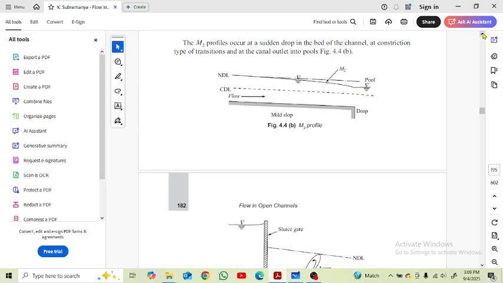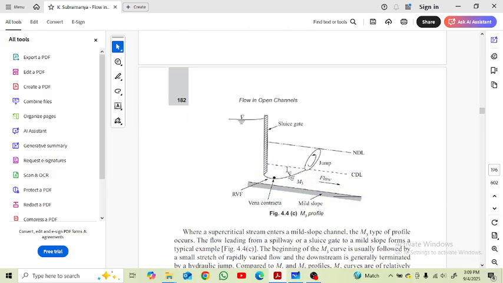So this is a case of a mild slope drop. There is a drop, and an M2 profile is occurring. This one is the M3 profile at the sluice gate. This question has already been asked in the final exam, and you can see the whole numerical question from this profile. So you must understand every profile, almost